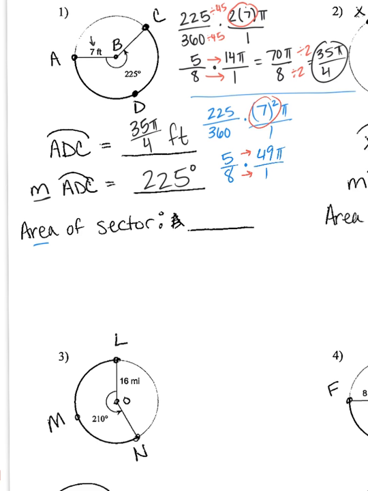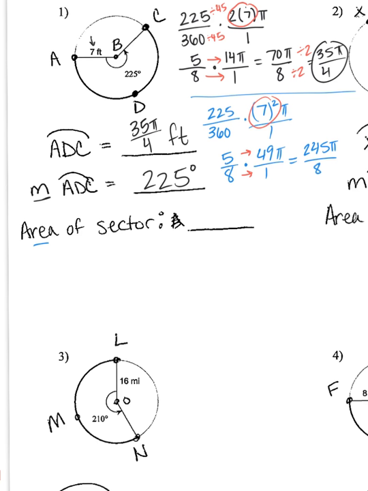So on the top, 5 times 49 gives me 245 pi. And on the bottom, 8 times 1 gives me 8. Since those ones are not reducible, I mean, the way you can check to see if they are reducible is think about the numbers that go into 8. 4, 2, and 8. Try dividing 245 by 4, 2, or 8, and none of them give you an even,